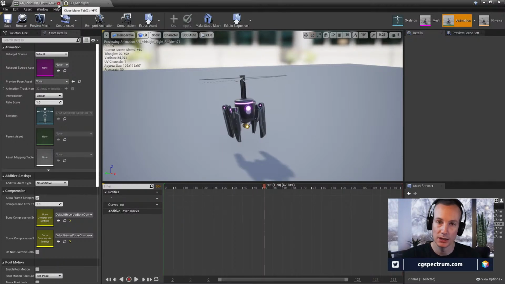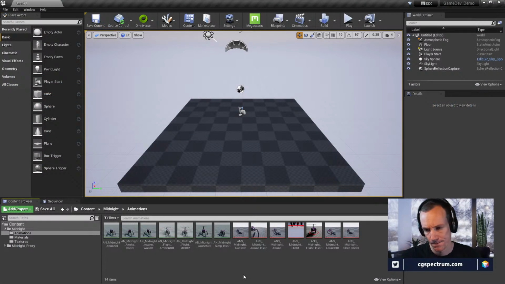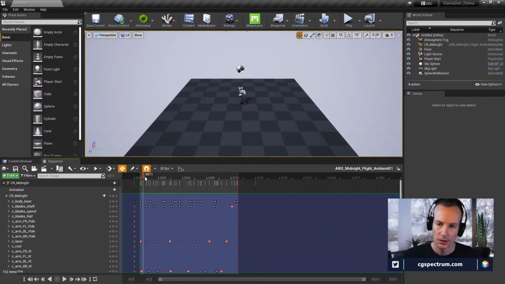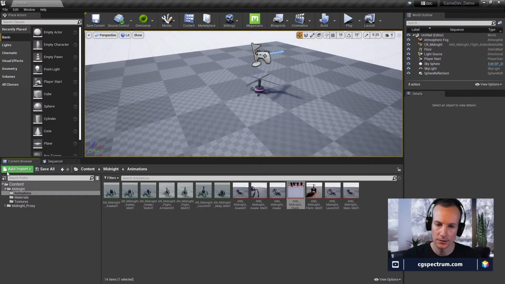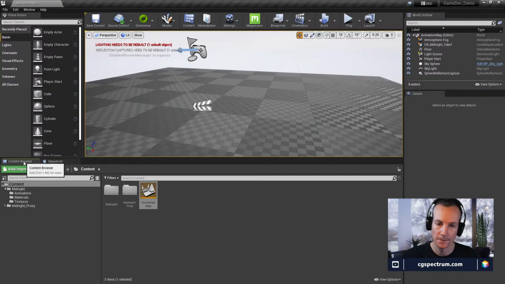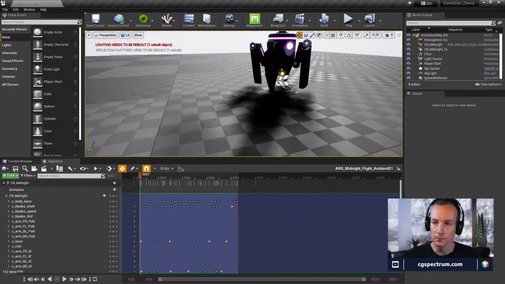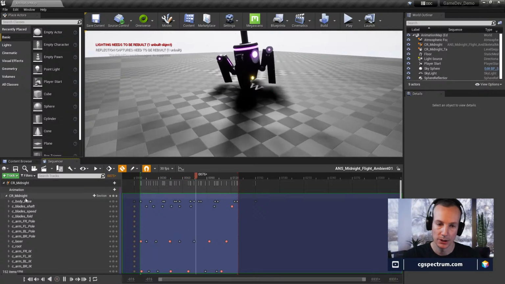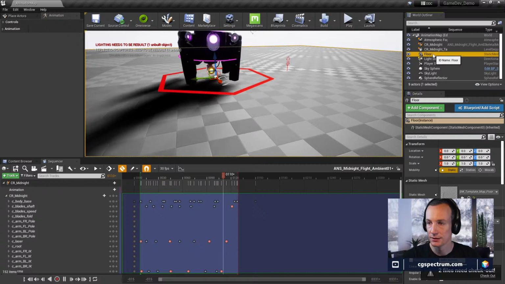So I'm animating inside of, let me go to the light. So I'm animating inside of Sequencer, and I've got some, let me just open up this other map so that my floor is a little different here. Open up the Sequencer again, and this is the one, yeah, this is it. And then if we pick the control rig, man, can we just hide this? Let's just hide it.